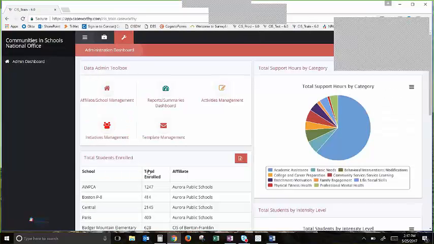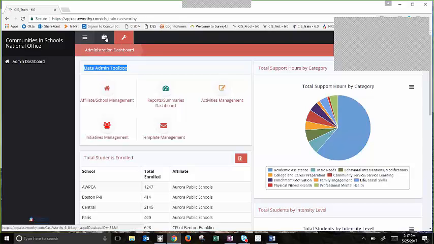Okay. So here we are, just as Gretchen was showing you. When you log in, you will see the administration dashboard, which is kind of your side of the system. What we want to go over are a few things that we have had feedback can be a little bit confusing for site coordinators, so just kind of tips and tricks for you as you walk through this with your